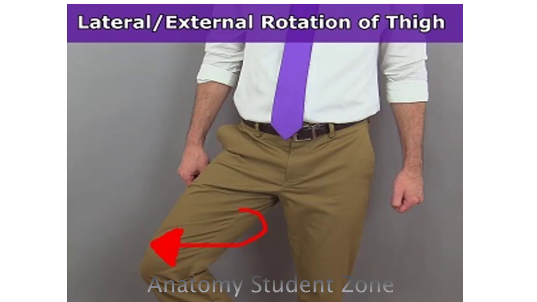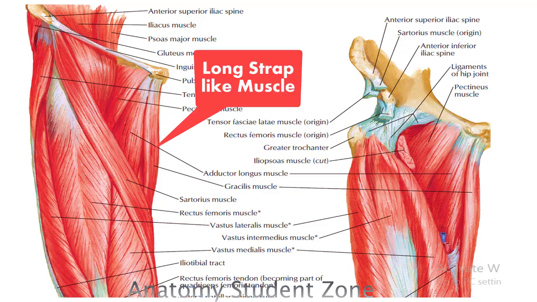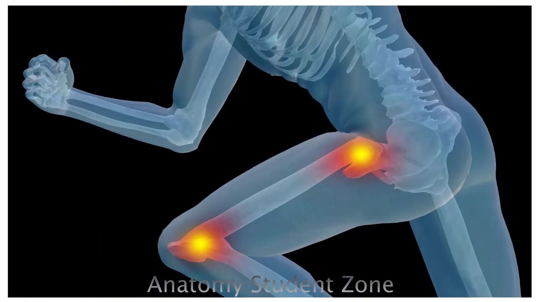Dear friends, at the end I will tell you about the gracilis. Gracilis I had already described. It is a muscle that is present on a medial side and we can identify this muscle on a superficial dissection, but I am covering it at the end because there are a few points that you have to remember, and besides that this is the most superficial muscle of adductor group. So this is the weakest member of this group. Gracilis is the most medial muscle. This is a long strap-like muscle. And this is a muscle that is crossing two joints, which are knee joint and hip joint.